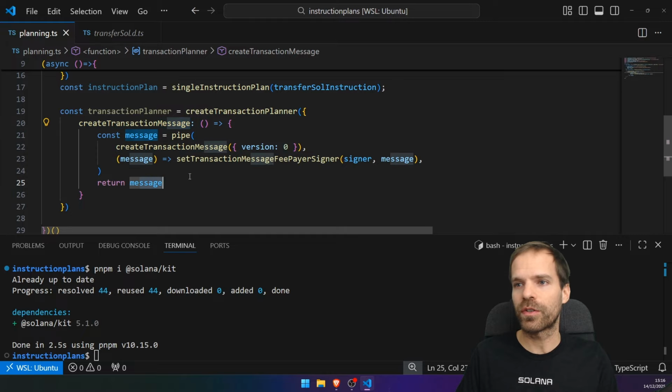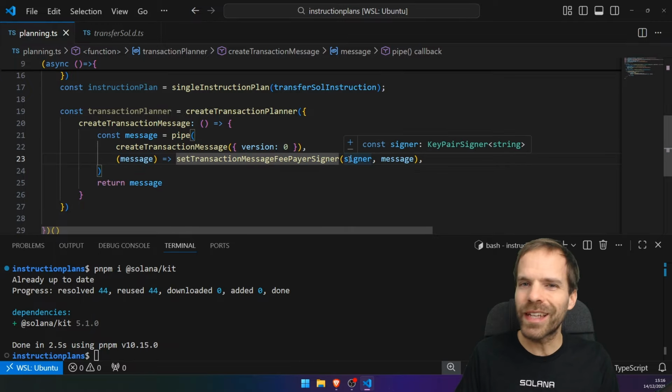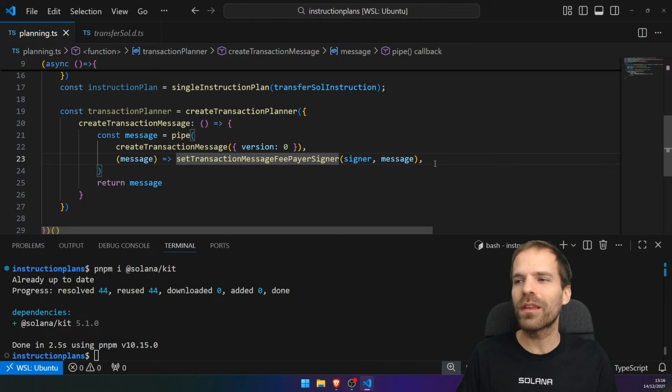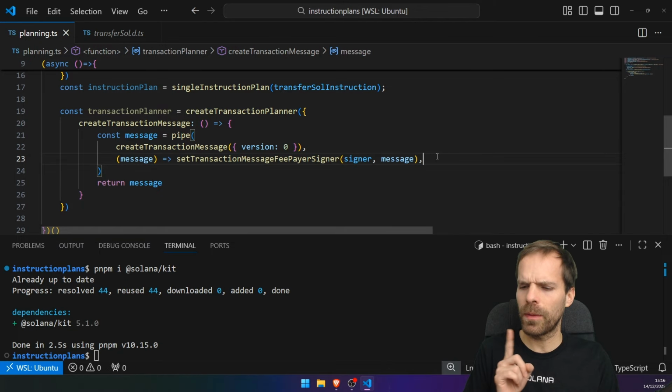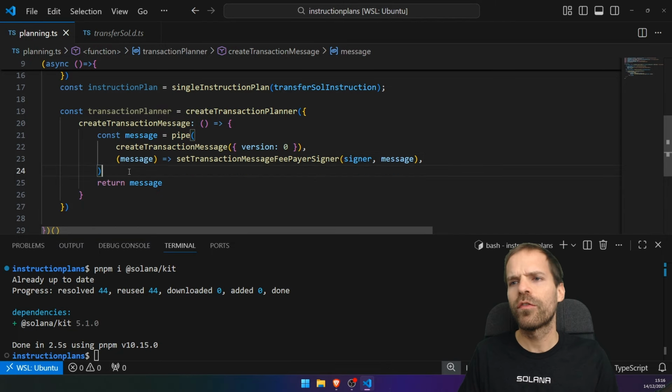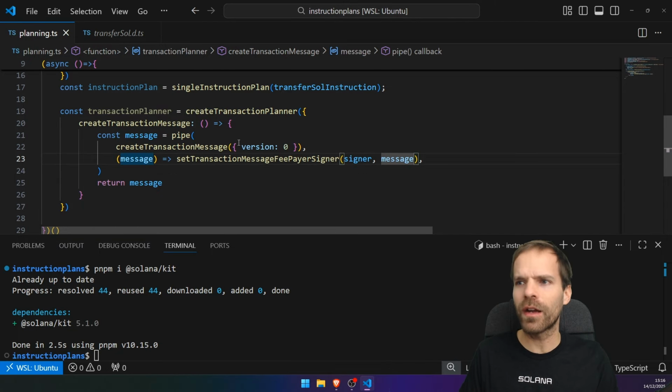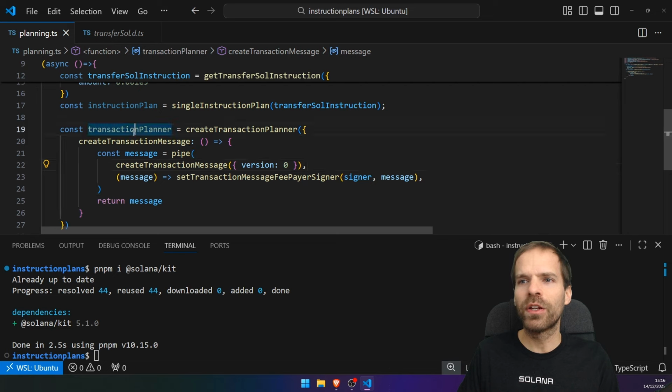So that function returns the message, just a v1. I could also do a legacy one, and I set a fee pair. I don't set any priority fees or anything here. That I would probably do in here if I wanted to add priority fees. Or a block hash. Where would I set the block hash? Wouldn't I set the block hash in here? We'll get there. Maybe not yet. We'll see. For now, we just set the fee pair and the version, and then we can use this